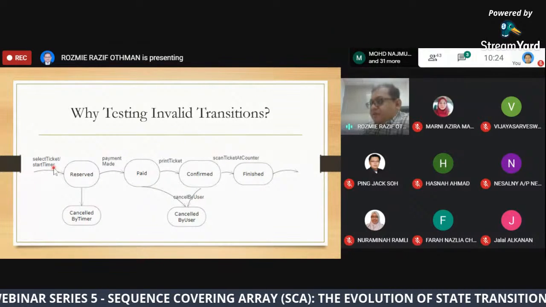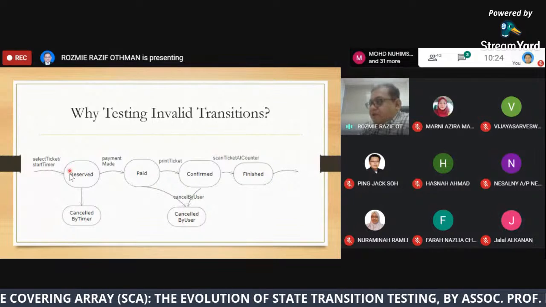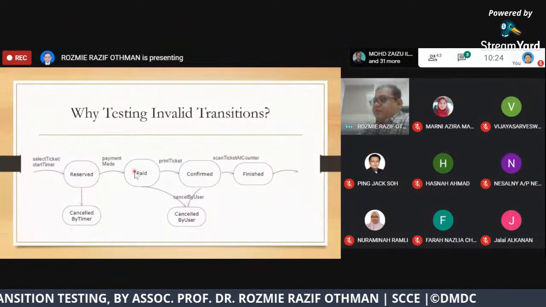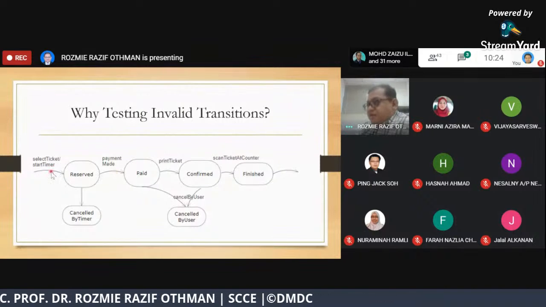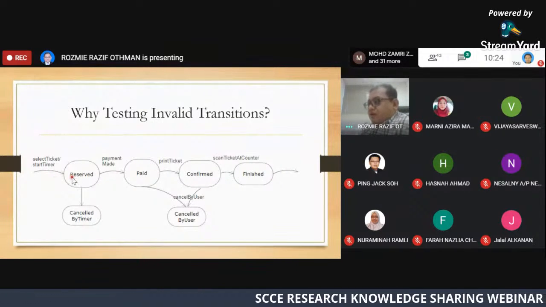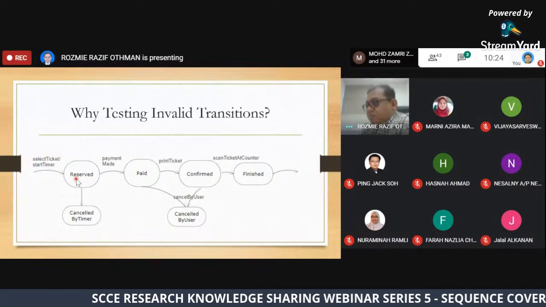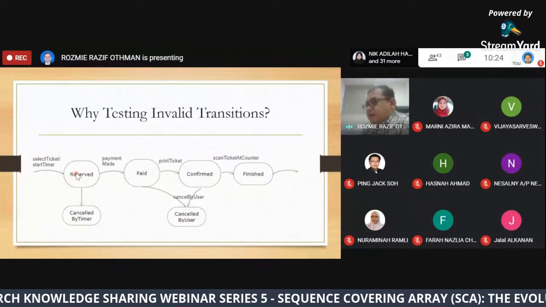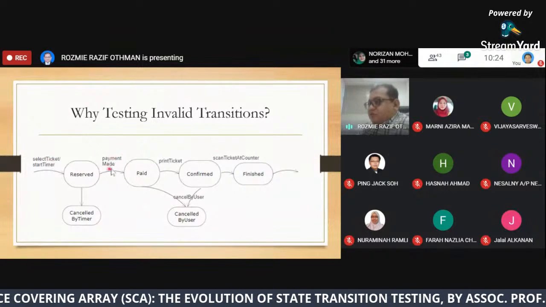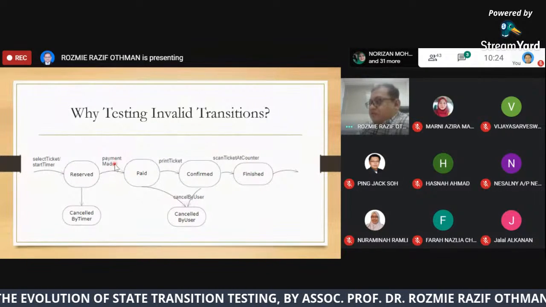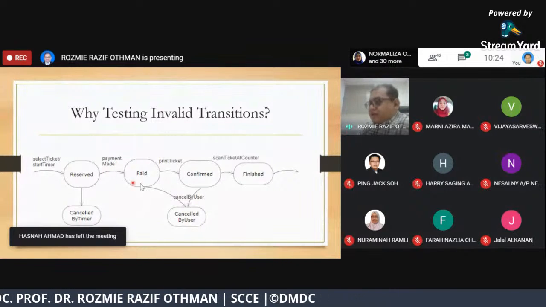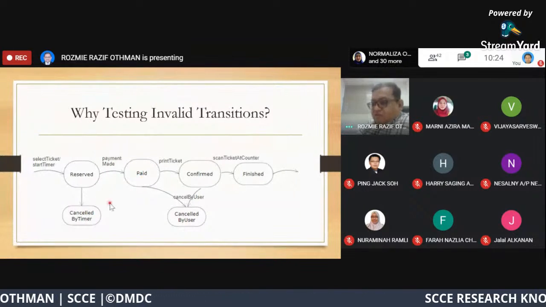We go to the reserved state, and once we have made the payment, it will go to the paid state. If you are coding this system, we should stop the timer once the payment has been made. Once in the paid state, we cannot go to the cancel by timer state.